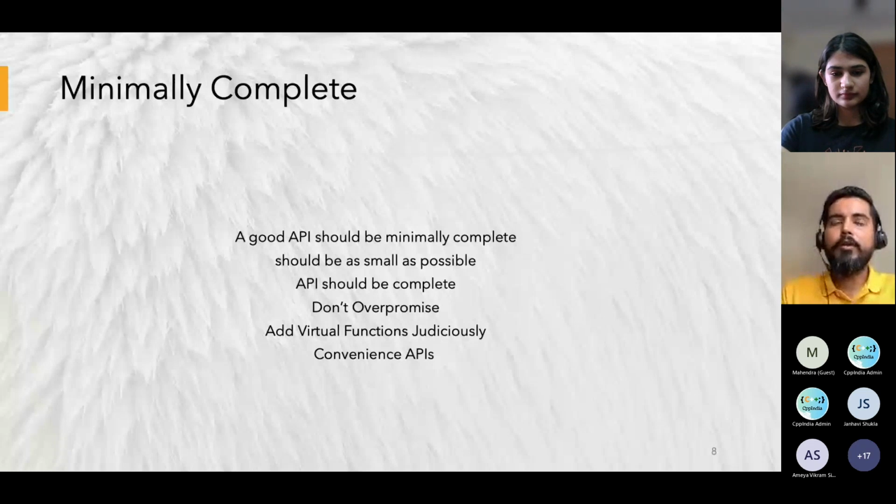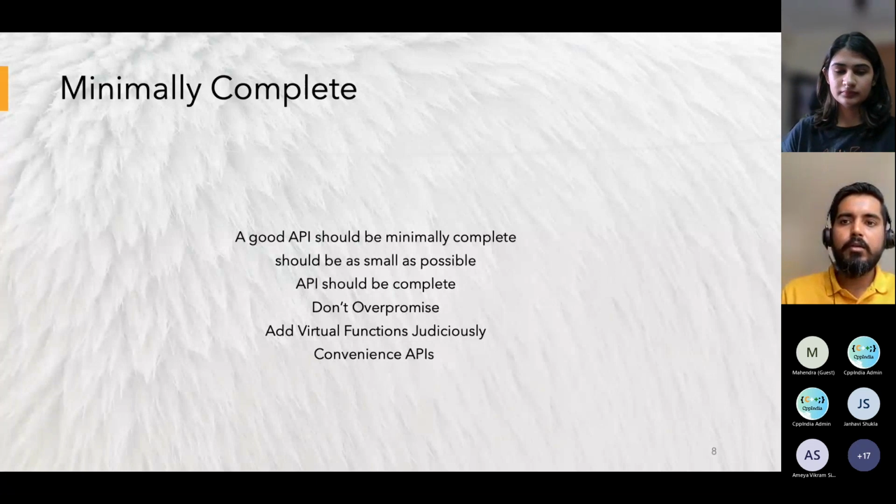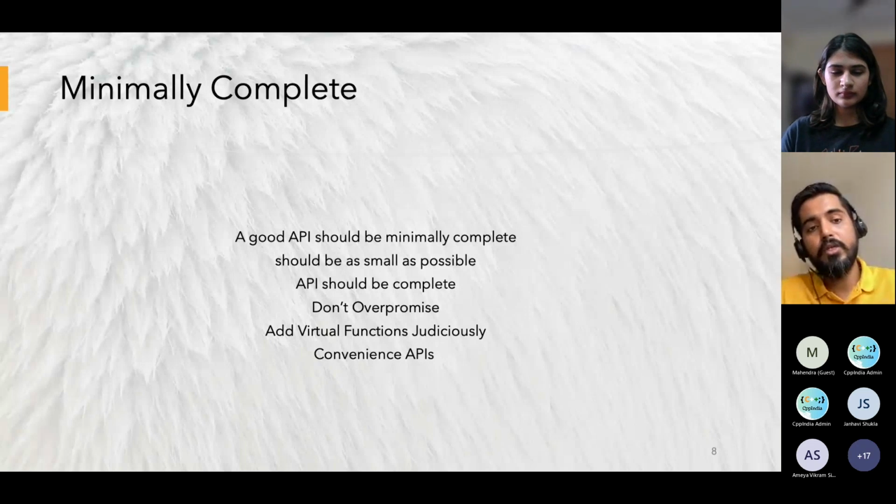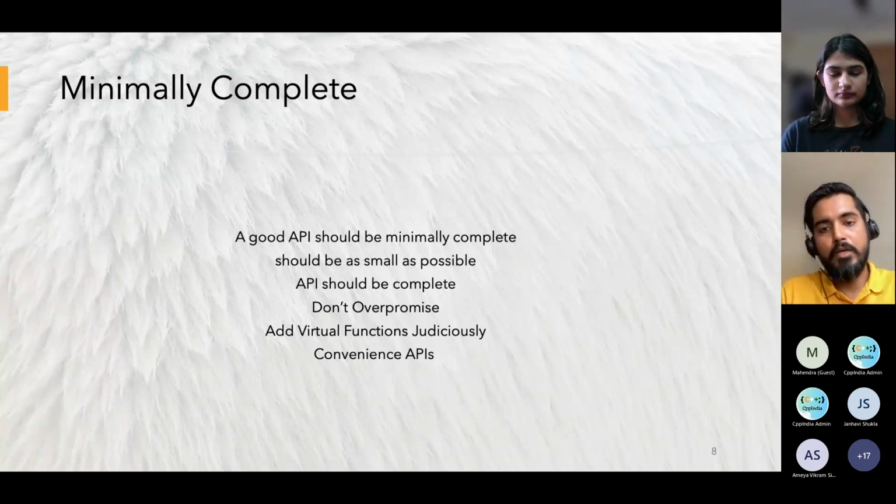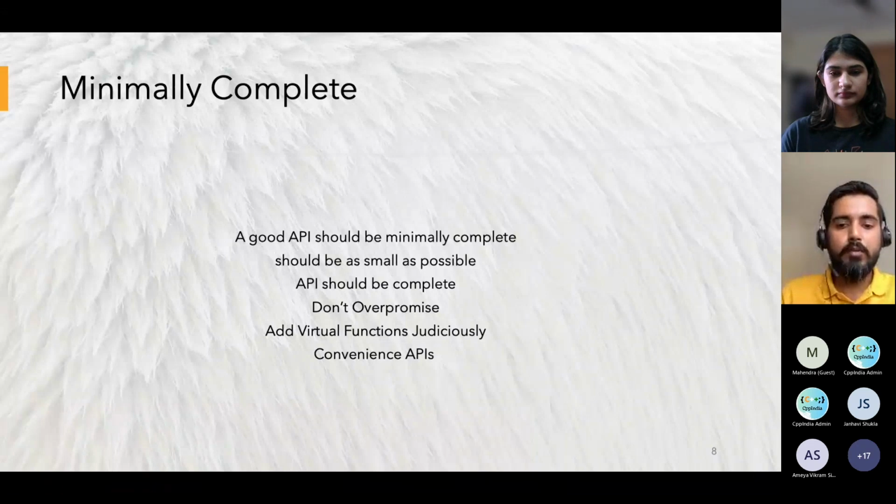And sometimes it happens that in your library you have lots of exposed APIs, that may be your core API, and the user will get confused. Okay, hey, there is lots of stuff, what should I do, I need to remember this. So let's say you want to add some convenience APIs. Convenience APIs are wrappers over your library. So you can add those convenience APIs there.